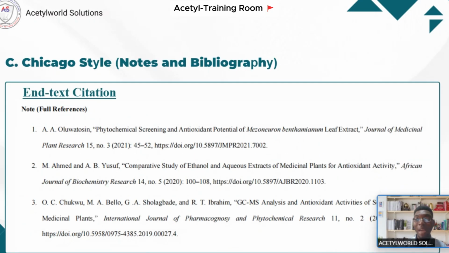So at the end, they will list what one is standing for, what two is standing for, and what three is standing for. And look at the way they structured their own format. Study the format and look at the differences. They started with initials here, and the year is in parentheses. So just study, you see that there is a vast difference between them.